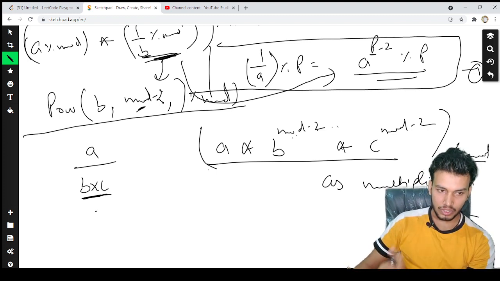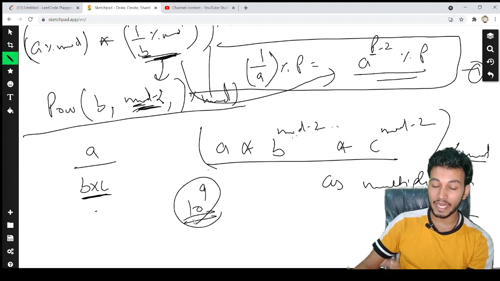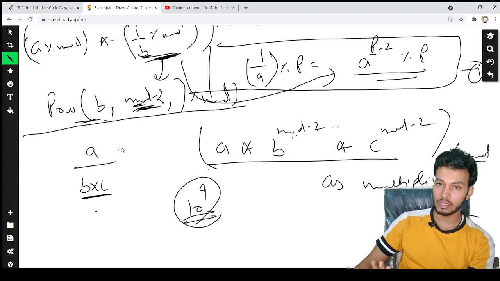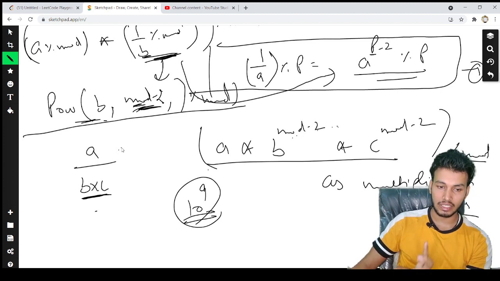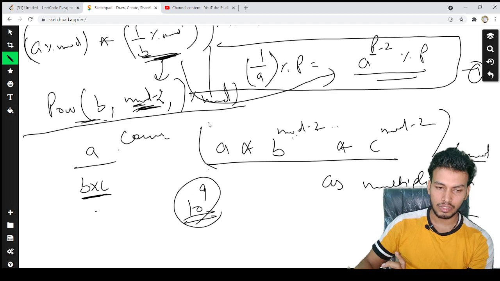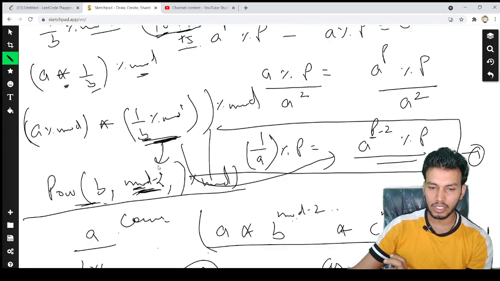One more thing, the STL power function in C++ will not work for such a huge power, because the mod value is something like 10 raised to power 9. So we will be using binary exponentiation for finding the power, and we'll write this power function ourselves. We will do that when we come to the factorial and combinatorics classes, combinations and permutations. There we will need the factorial, so we will write the power function ourselves, and then we will move further.